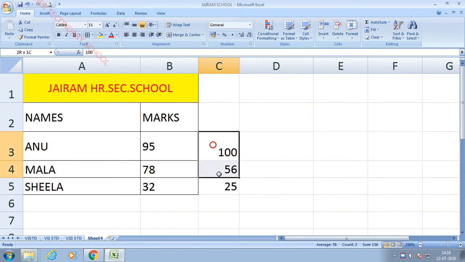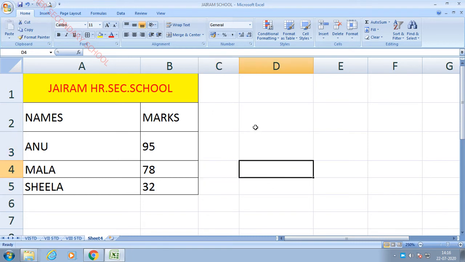Okay, let us see how to create a chart. So chart is the graphical representation. When you use a chart, the user can easily understand and compare the data. You might be seeing in the news channels during this pandemic, corona statistics will be displayed by many charts. Maximum they will use bar charts and pie charts to display those corona statistics, isn't it? So now I am going to teach you how to apply a chart for this data. Before you apply the chart, you have to select the required data. So I am selecting this data.